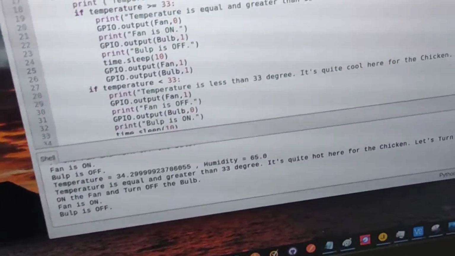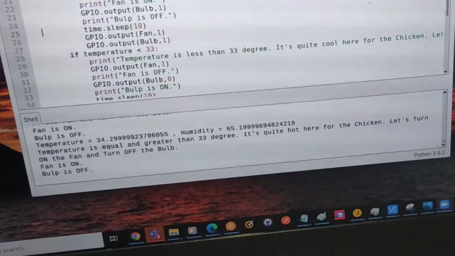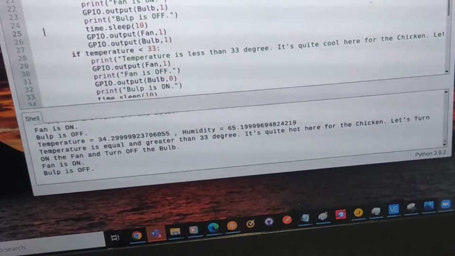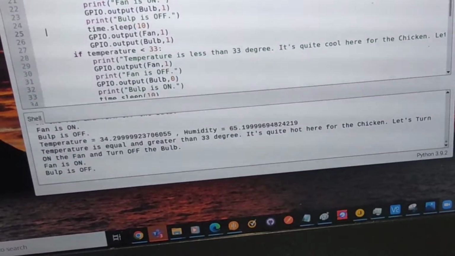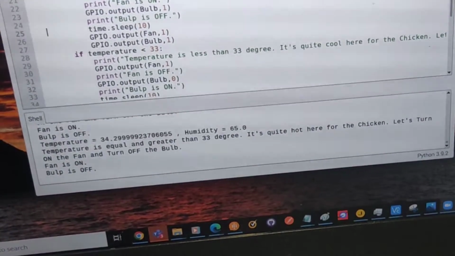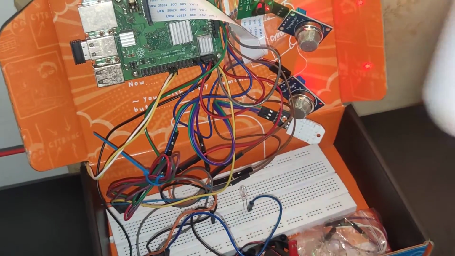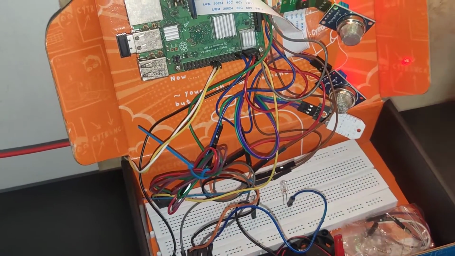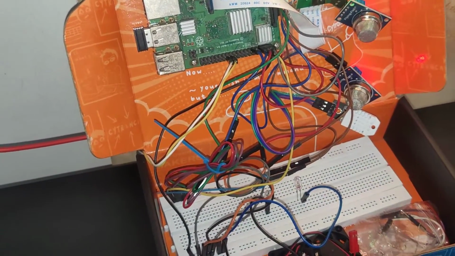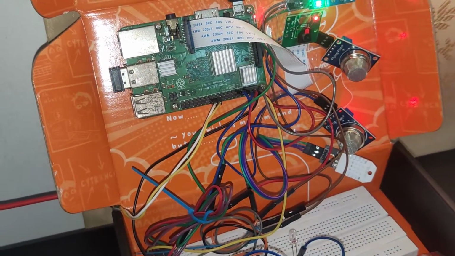This now is 34.29. Now it's 34.29, which is still equal to or more than 33 degrees. So what I will do is try to blow it off, or cool down the temperature inside this room. Say we keep blowing off the fan by using the fan. That's just the concept here. We don't have the actual fan here